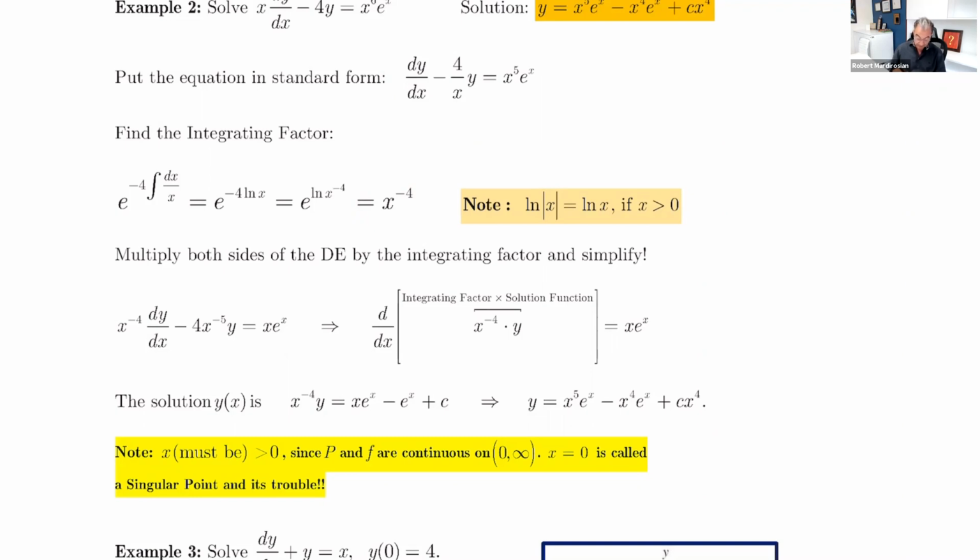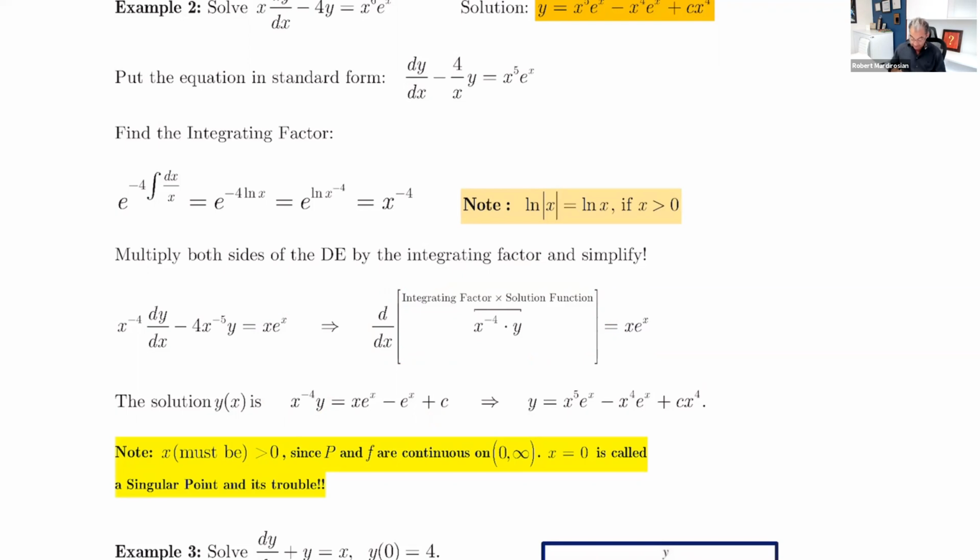So we know this is the product rule of that expression. So the derivative of that expression is going to give you x e to the x. So the solution, we have that, and what you need to do is take the integral of x e to the x, and of course you have to use integration by parts for that, and I have an example. I'll show it to you. So if you do that, you get x e to the x minus e to the x plus c, and